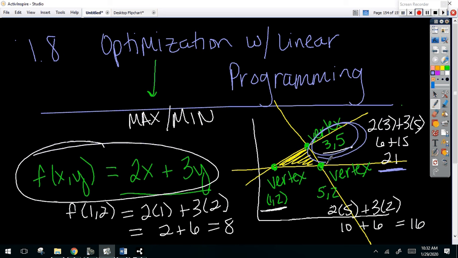Let's do one that's not a word problem, and then we'll jump into word problems. All right, so let's say,